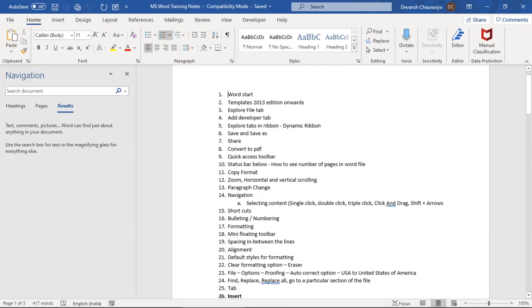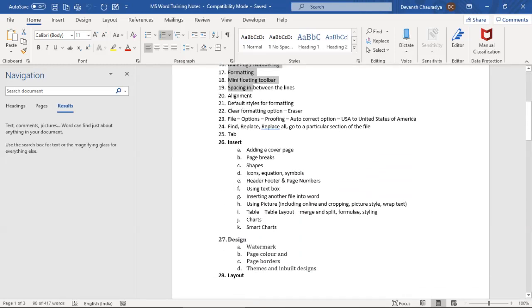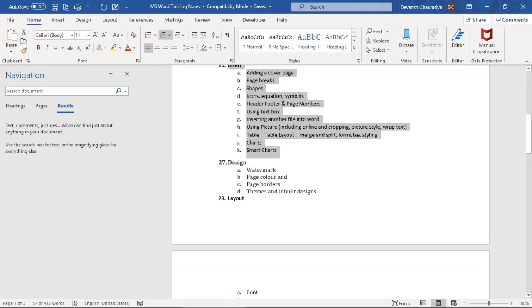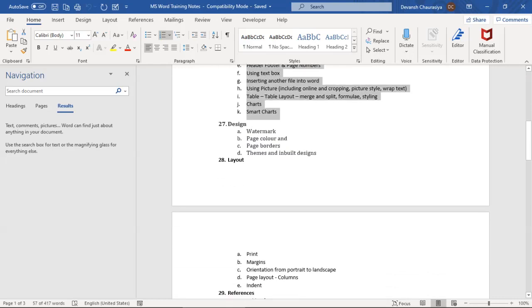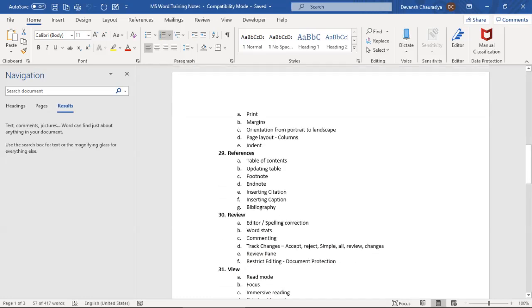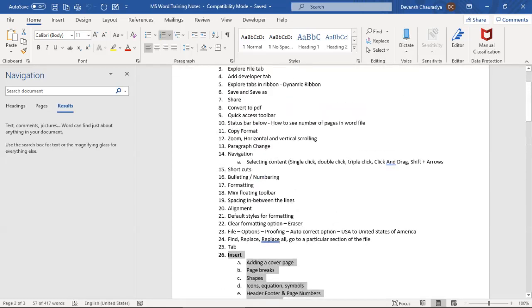This is the course content covering few of the basic functions, and then I will be moving on to few of the advanced functions like table, charts, SmartArts, covering on themes, templates, printing options, references, and also creating the forms. Okay, let's